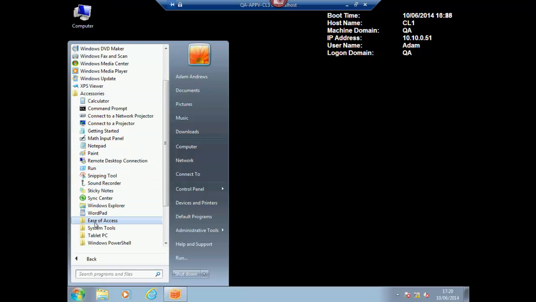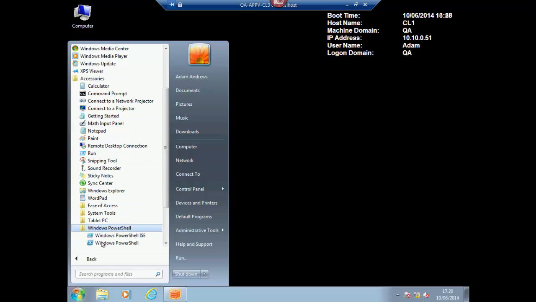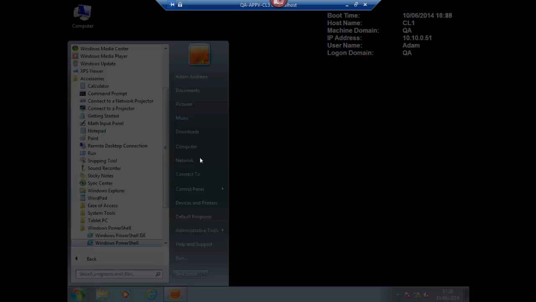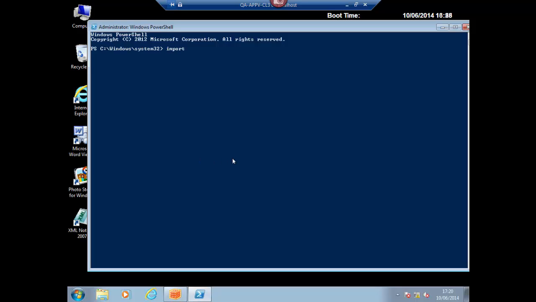So if I go to Accessories here, PowerShell, and I need to run this as administrator, and import the module for the client. So if I do Add-AppvClientPackage -Path \\dc1\package lib\XML Notepad, and in